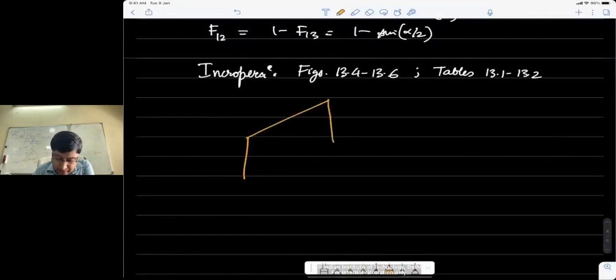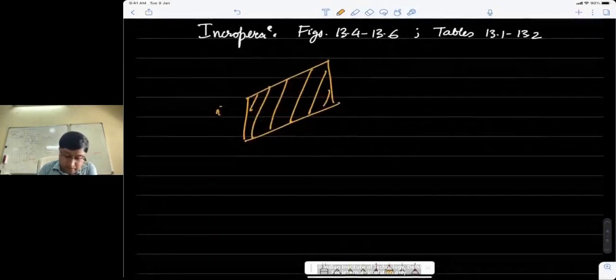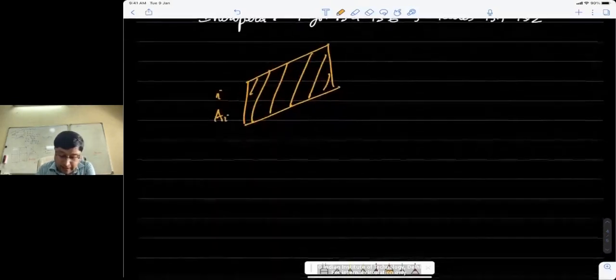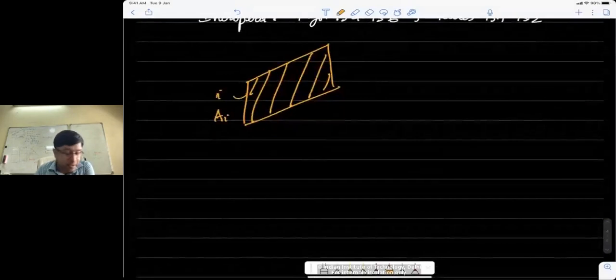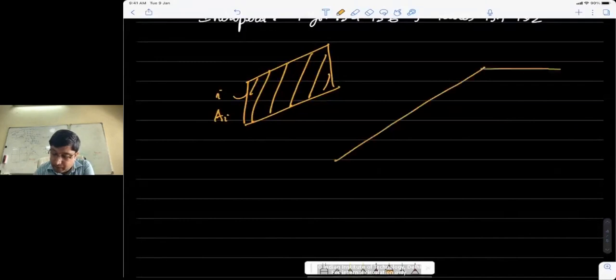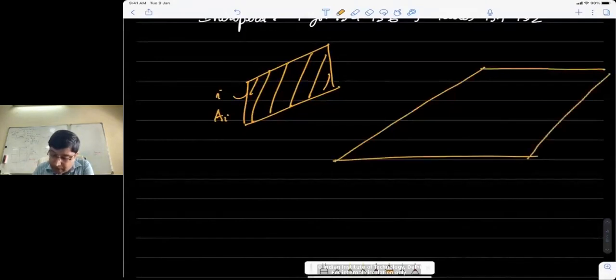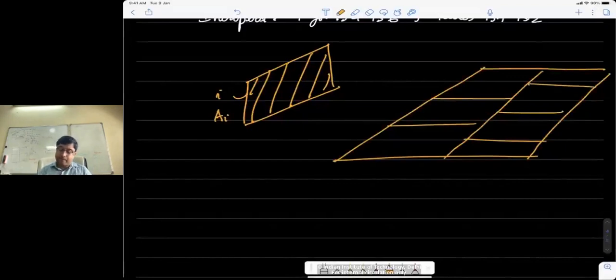So say we have a surface I, and it has an area AI, and it sees maybe a composite surface somewhere, at some location. So the composite surface is made of many surfaces. So this surface J, which has a total area of AJ,